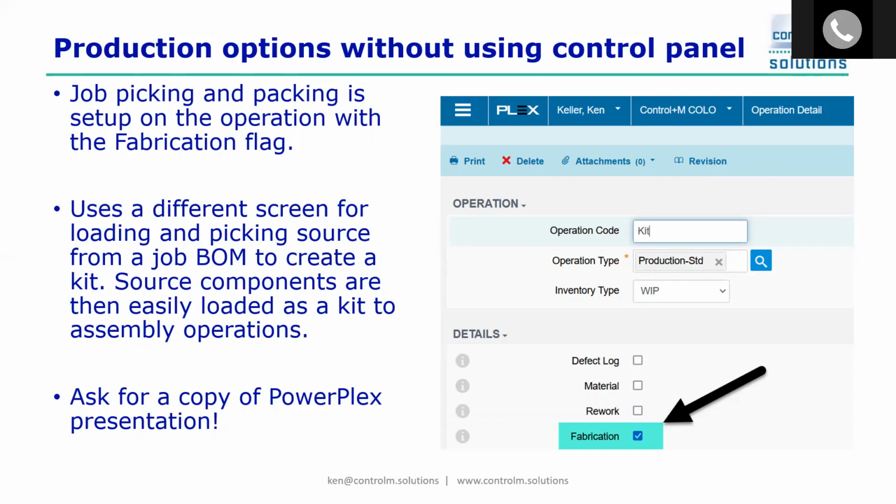We don't have to really configure that operation type because it's not going to control this. It's going to be controlled at the operation for the kitting. If we do this, it actually uses a different screen for loading, picking source from a job BOM, and creates a kit. In my example that I gave in the PowerPlex presentation, many of you know kitting, you use them every day. So I'm going to steal this one from my colleague who's a genius, but she said that kitting